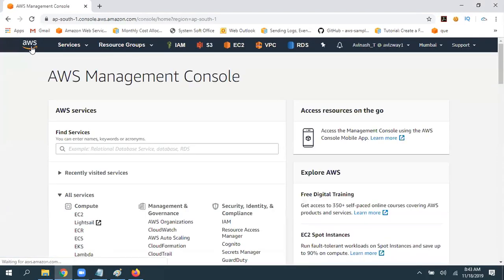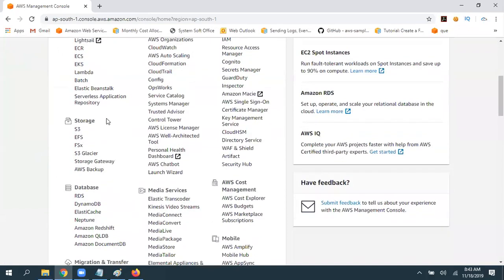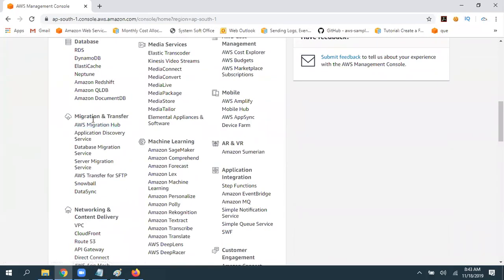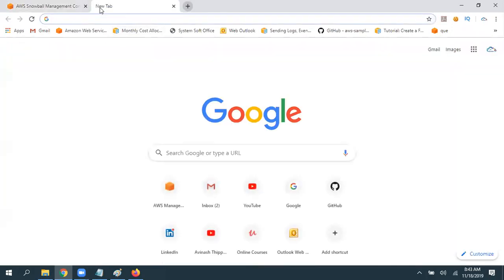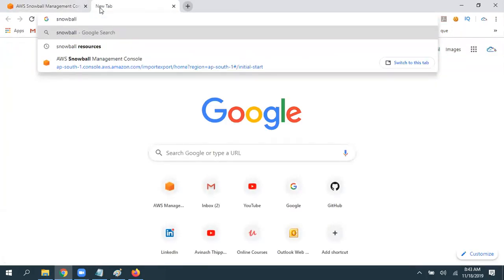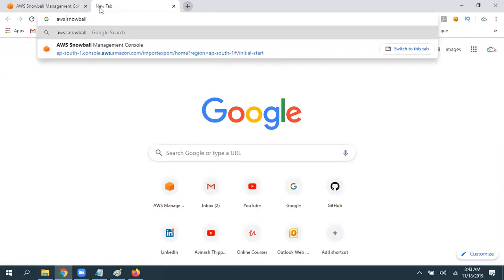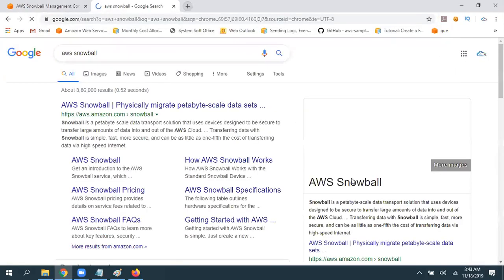So now I've navigated to the AWS dashboard. And here, under migration and transfer, we have Snowball. Let's navigate to Snowball. It is a big briefcase-type device, guys. This is AWS Snowball.